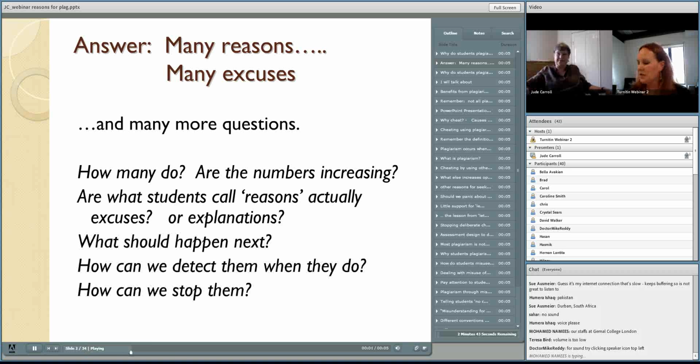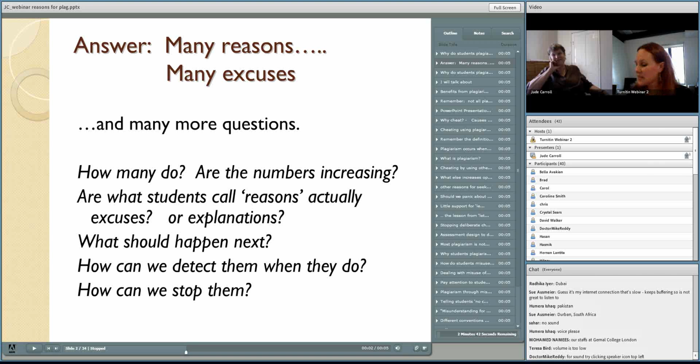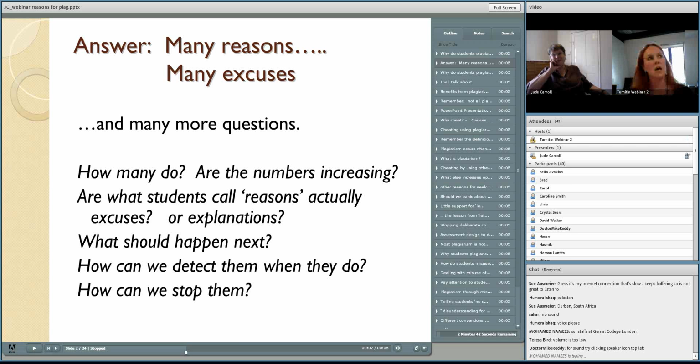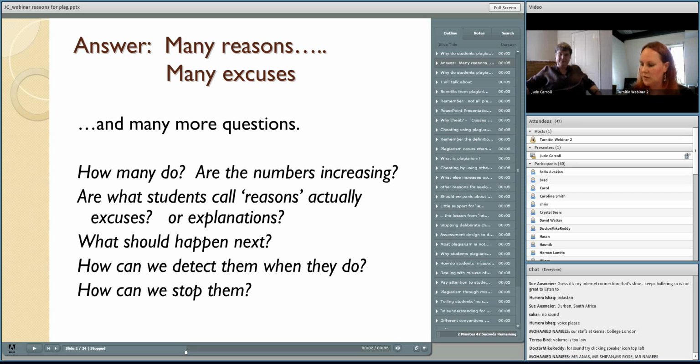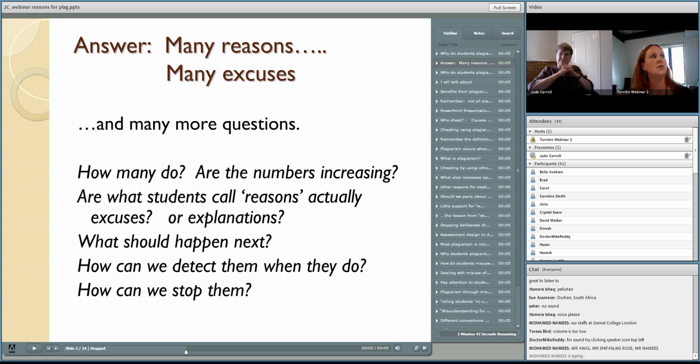She's been working in this area for around 10 years, and during this time she's written 3 books, is that correct? I think she's also the co-author of the Good Practice Guide, which colleagues joining us in the UK will know has been a very influential document for anyone thinking about addressing plagiarism in the UK particularly. And the Good Practice Guide has been a sort of blueprint for the JISC project, which started the approach in the UK 10 years ago.